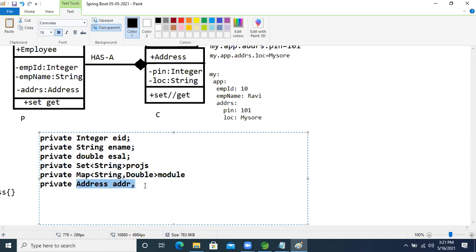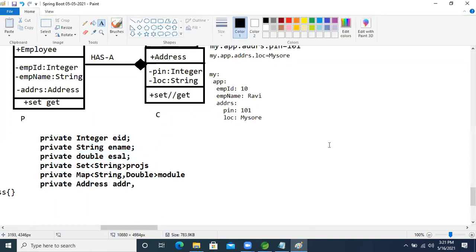If these attributes are there, then what is the properties file and what is the XML file? Let's write that XML file and a properties file. Then we will move on to the profiler, and yesterday's concept will also become clear here.